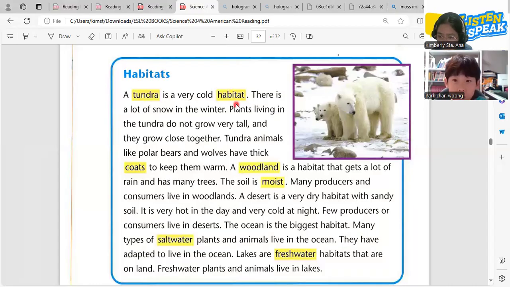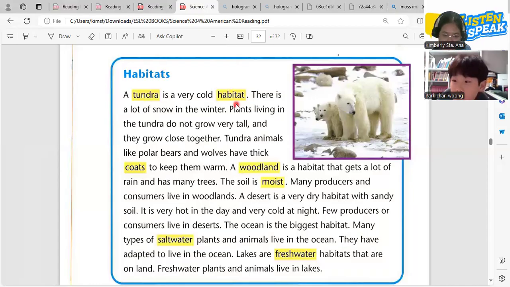There is a lot of snow. So they need to keep their body warm. Can you say that? They need to keep their body warm. Very good. So that's the main reason why they have very thick coats.